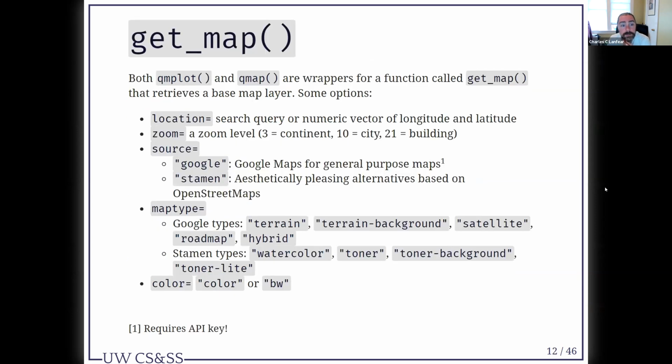Okay, so underneath the hood of qmplot and also the qmap function, qmap sort of just provides a map without plugging any data on it. Beneath qmplot and qmap is a lower level function called getMap. What getMap does is it actually retrieves the base map layer that gets plotted underneath your ggplot geometry. Okay? So it has a few options which you could pass down from qmplot,